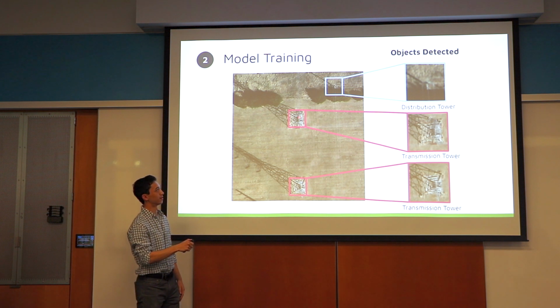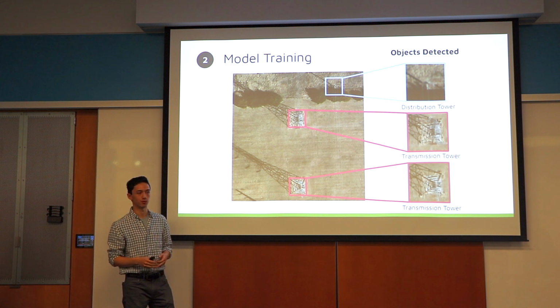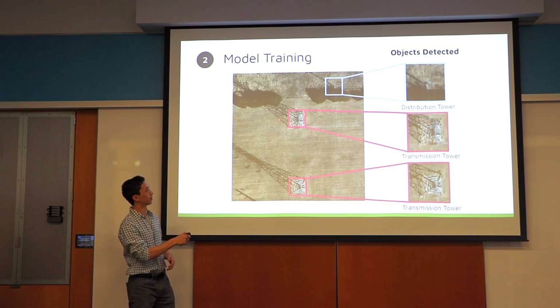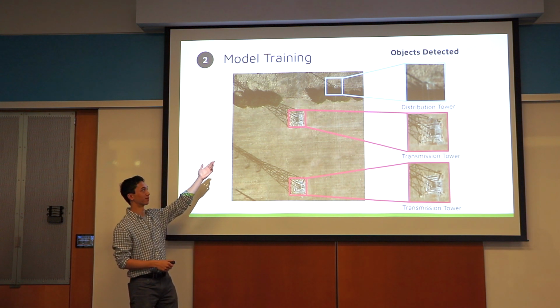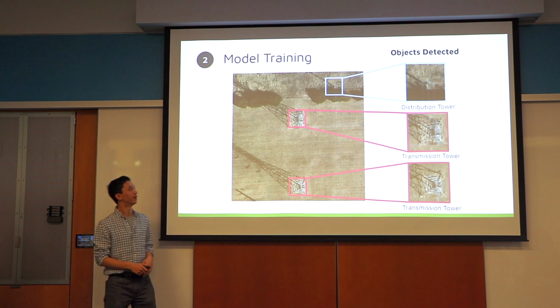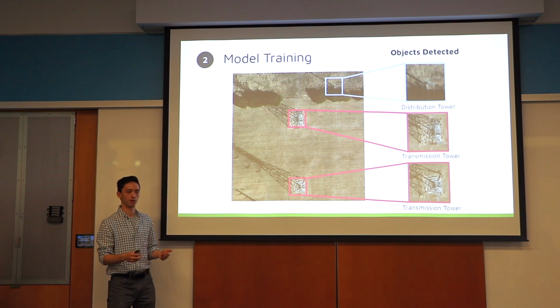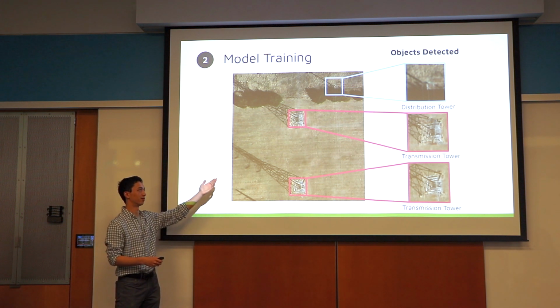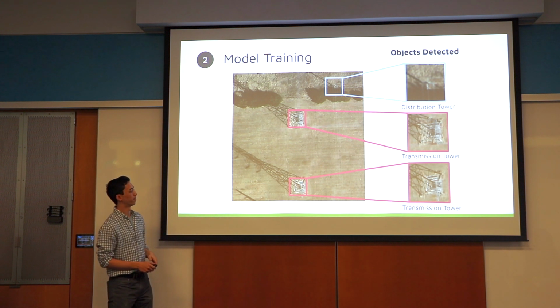So here maybe you would see that these types of gray lines in this particular pattern are often associated with transmission towers. Interestingly, it may also look at things like shadows. In this case, looking at the shadow is actually maybe more useful than looking at the part that's in the box, because the shadow actually looks like a transmission tower that you may have seen from a slide a few slides ago. So it may be picking up on other cues like that. Similarly, it may also learn from the background. So here, there's nothing here. It'll learn not only from where there is an object, but it'll also learn that things that look just sort of brown are probably not a tower.